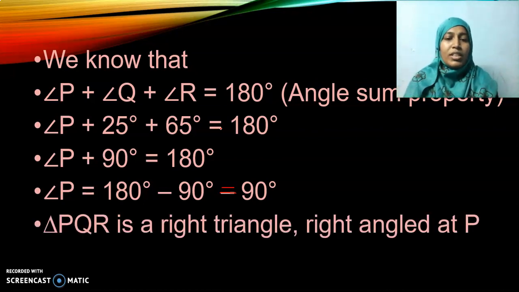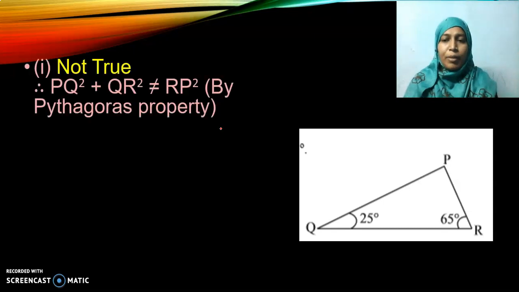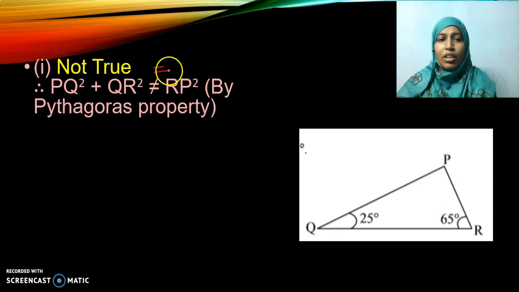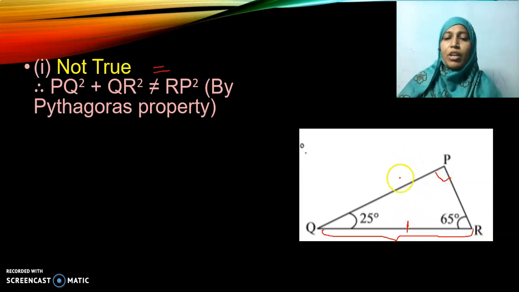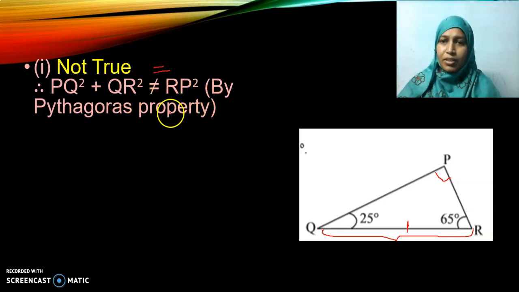So it is a right angled triangle and it is right angled at P. The first statement is PQ squared plus QR squared is equal to RP squared. That is what is given in the question. See, by Pythagoras theorem, QR is the hypotenuse because it is the side opposite to 90 degree, isn't it? So this side square should be equal to the sum of the other two sides. QR should be written separately. Is QR written separately? No. If it has come along with that, it should be in subtraction.